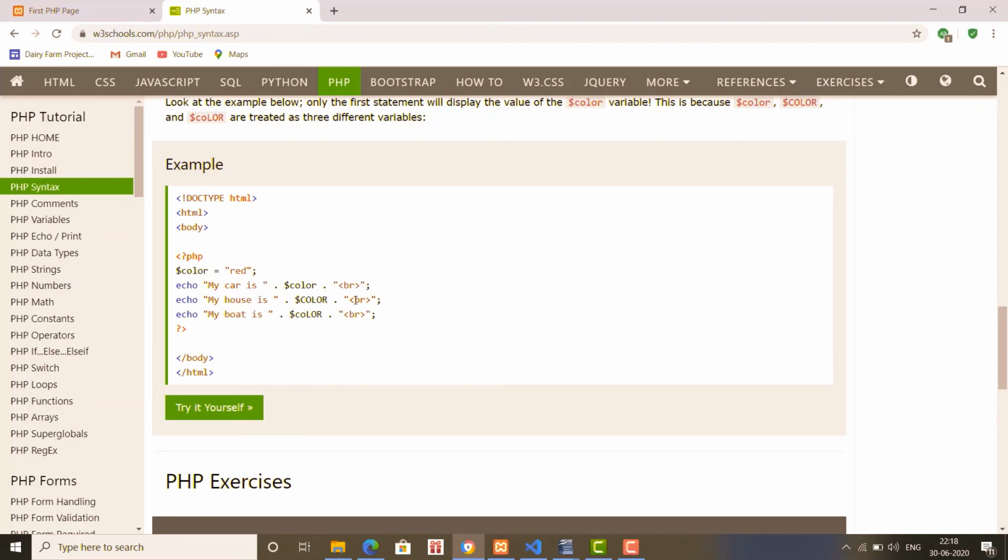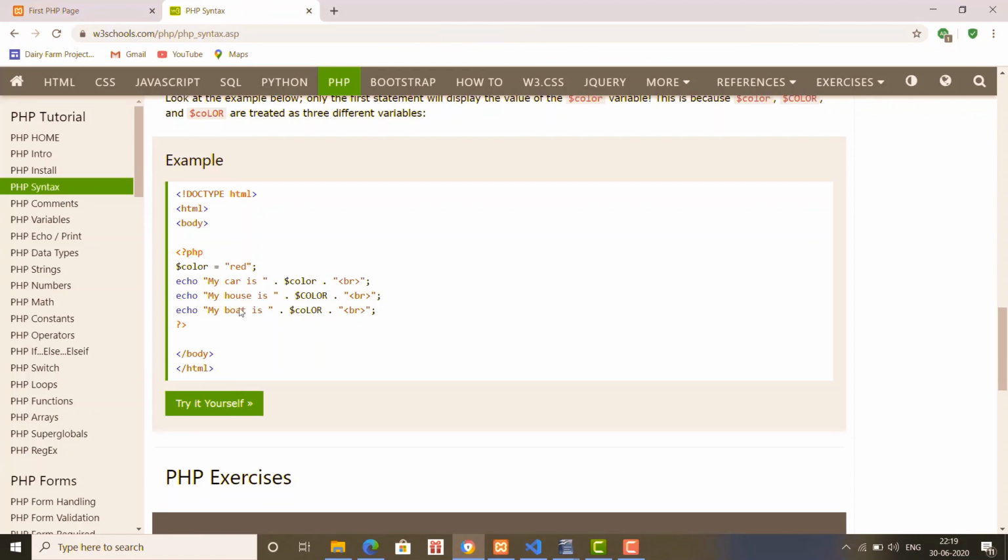The other two variables are not declared, and they are not the same as this variable, because one has all letters in small, another has all letters in caps, and the third has mixed letters. So these are considered three different variables.